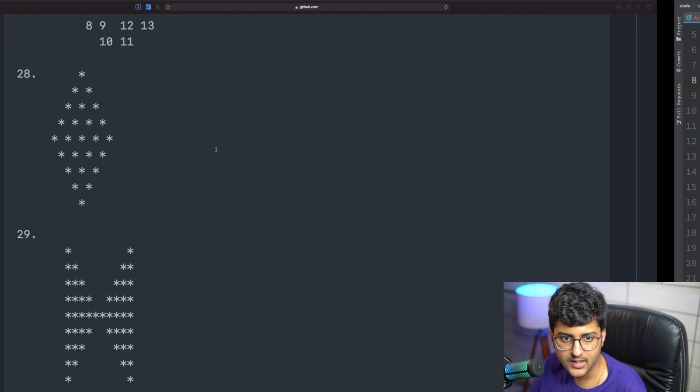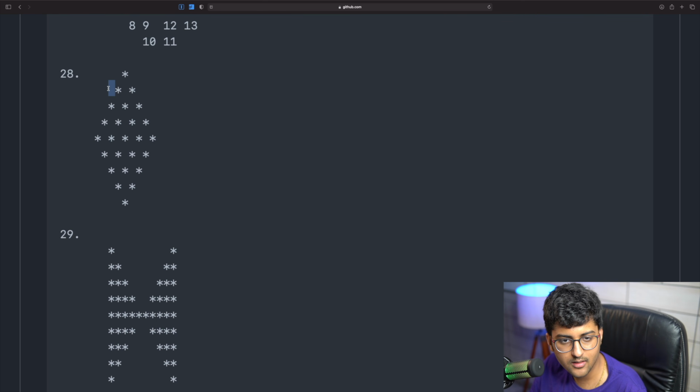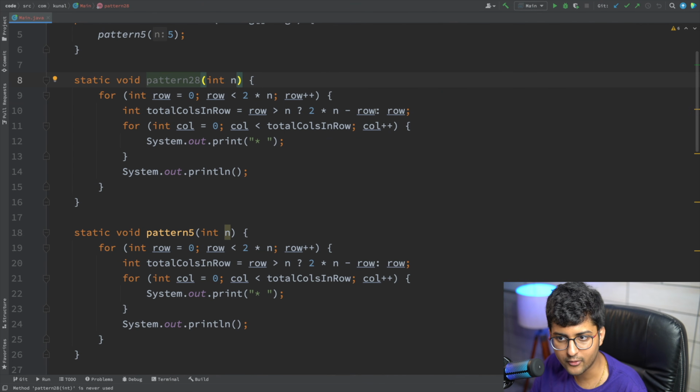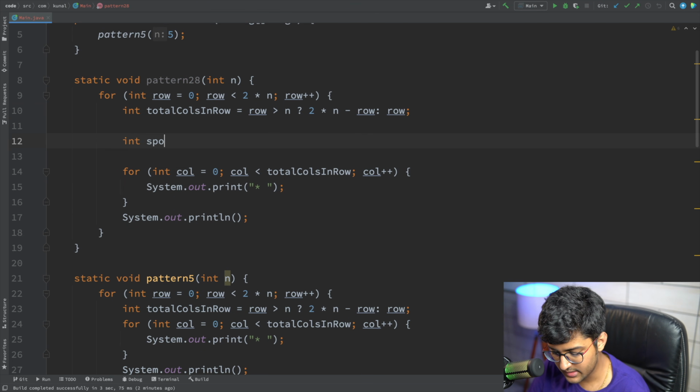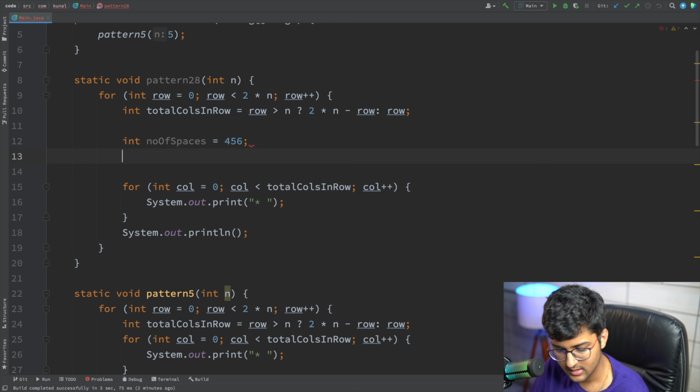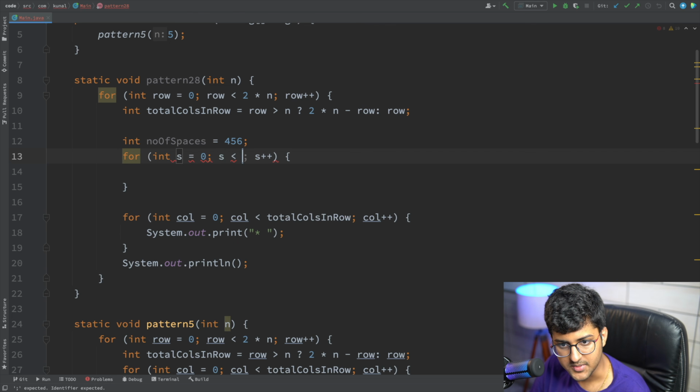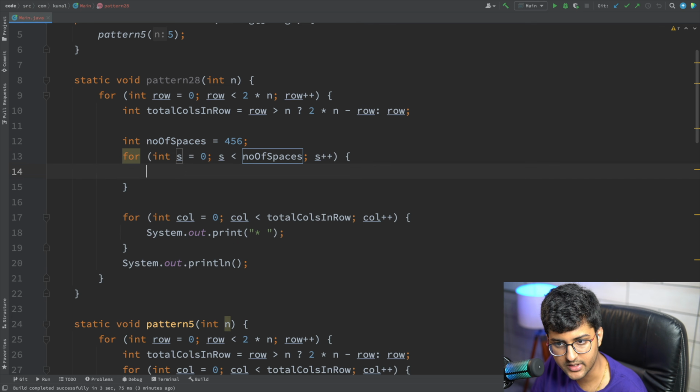But the only thing remaining is, before every row you have to print some spaces also. Let's say int spaces, number of spaces is equal to something, and print that many amount of spaces.